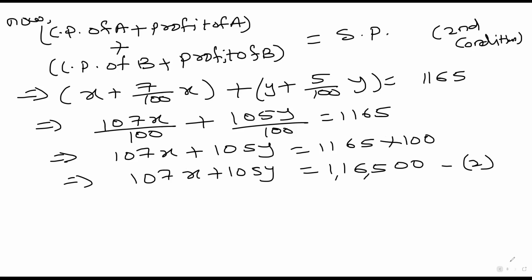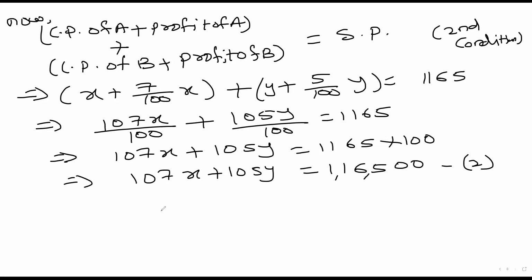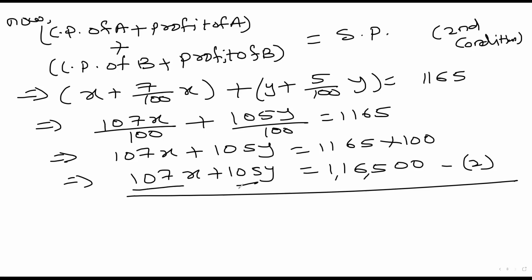Now my question to you is, observe equation 1 and observe equation 2. What do you notice? The variables x and y have been swapped. These are large numbers, so what is the method? Addition and subtraction. Add them first, get a third equation, then subtract them, get the fourth equation, and then add the third and fourth equations to get the value of either x or y. Is that clear?